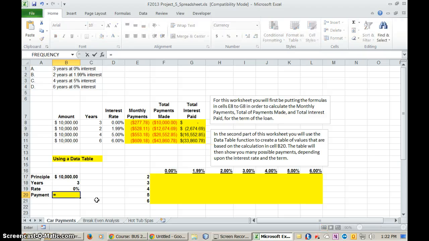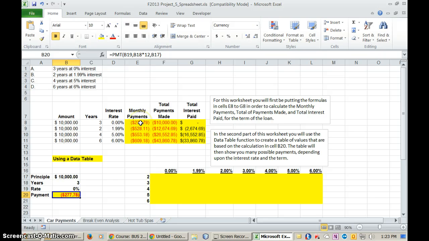In order to do that, though, we do have to put in a PMT function down here. What's going on down here is that this formula serves as a model. This model of the formula can be anywhere in your spreadsheet, but it makes sense to have it beside the data table. And we do it the same way. It's our rate, it's our number of years. Because we're figuring out monthly payments, we're going to multiply that by 12, and our principal amount, which is 10,000. We close the brackets,